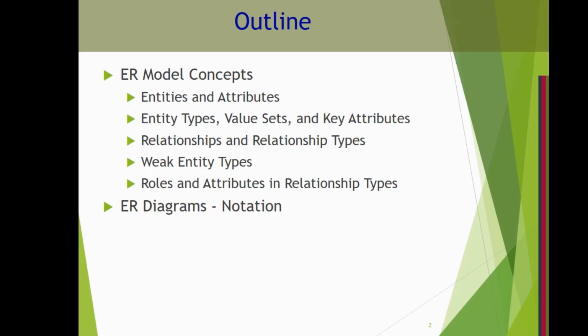For example, I'll just give a very small example. Supplier and parts. So a supplier supplies parts. So supplier is an entity, it's a table or an entity. Parts is another entity, and between them the relationship is supplies. So these entities and relationships are shown visually by means of a diagram, and this diagram is what we call an ER diagram. Also, we will be focusing on the relationships and the types of relationships.